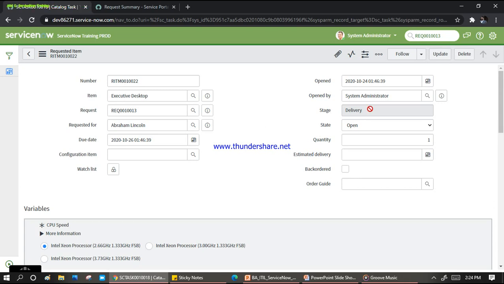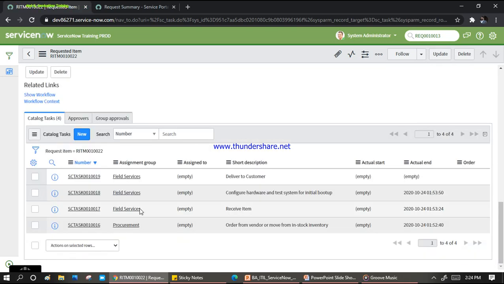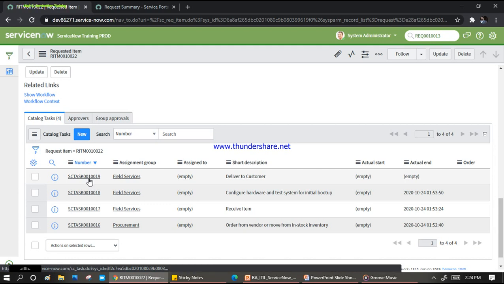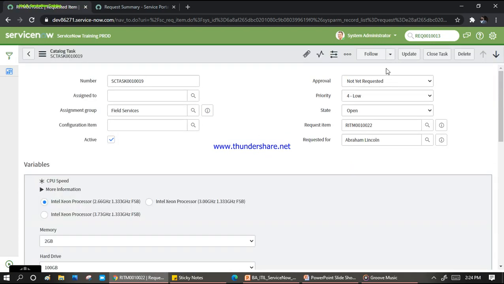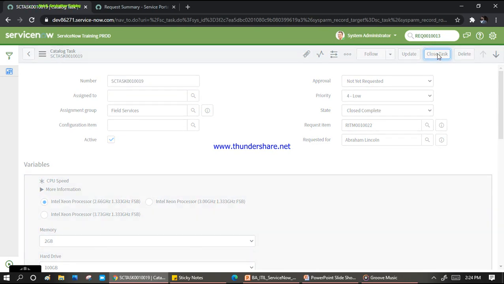Okay. Now it's actually delivery. So what does this mean? This is from the procurement team side, not the actual delivery to the customer. So you can mark this task as a skip as well, because you're not ordering from the procurement team, or maybe you have a stock room in some other place and your office in some other place. So from that part as well, you can see the field services there and click on the deliver to customer. He will follow the instructions and he will deliver it. Let's close that task.